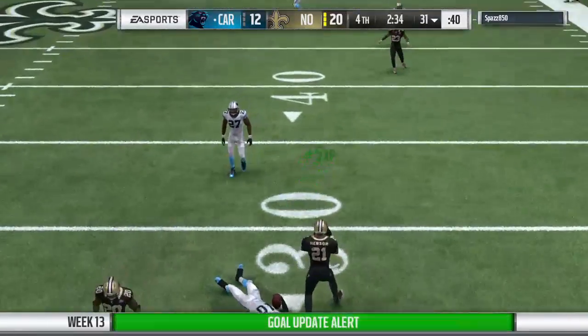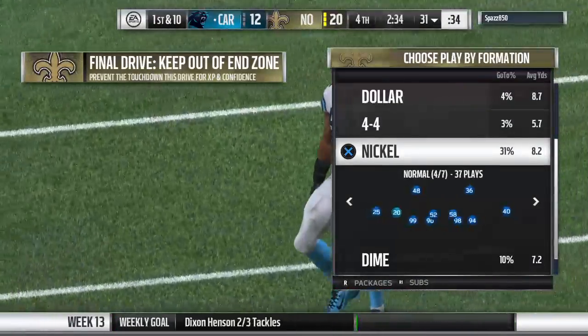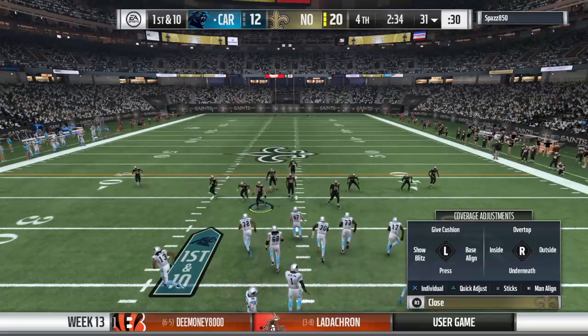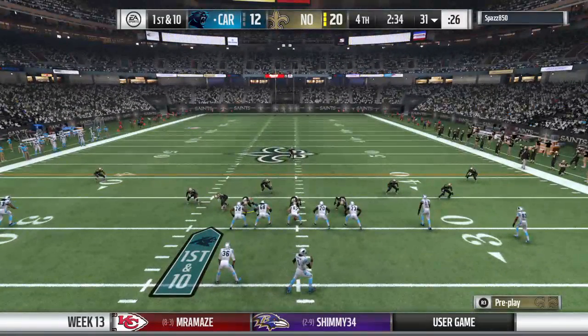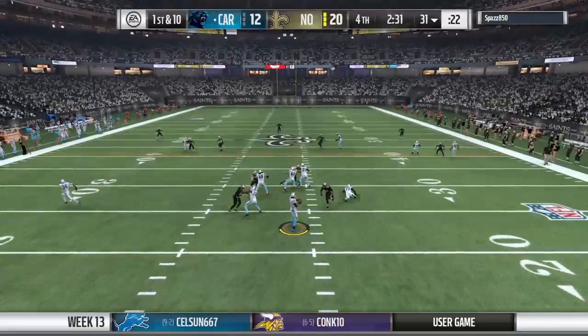We'll call that a punt of 54 yards. Well struck. And the Panthers will get it here as they take possession. Carolina getting set to take the field. And last time, they had it 4th and goal, rolled the dice, didn't get it. Now they've got to put that behind them, try to put together another drive. A simple tip of the cap, a nod of the head to the defense. Congratulations, you got us last time. But you didn't hold us the whole time. We got down to the...